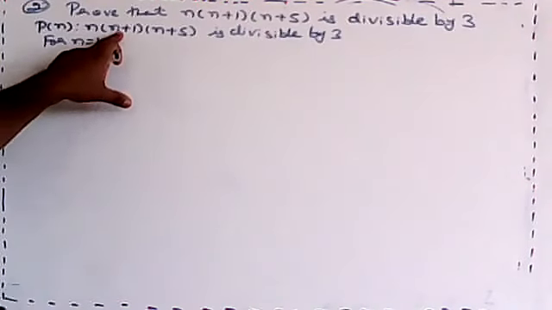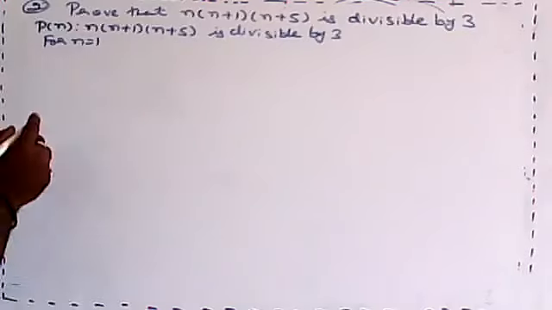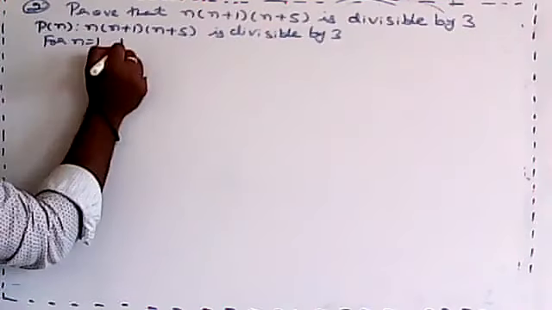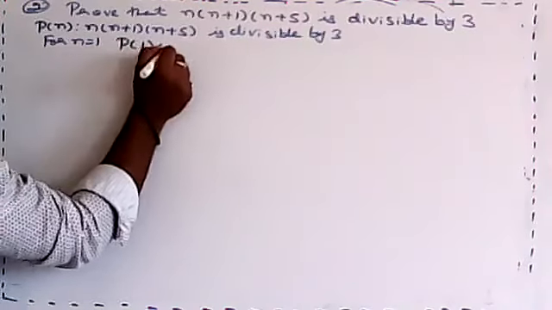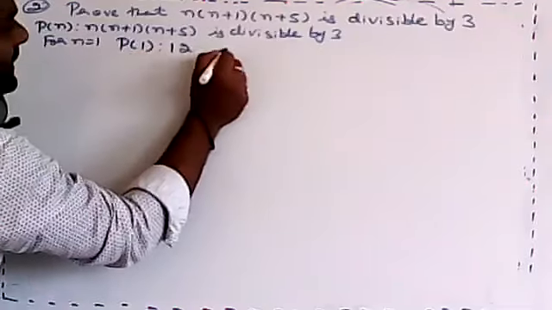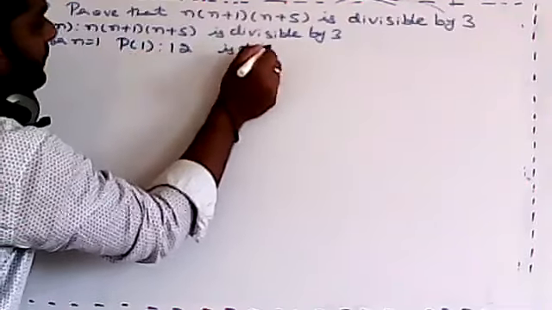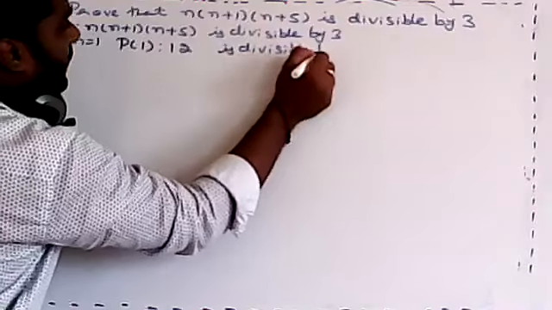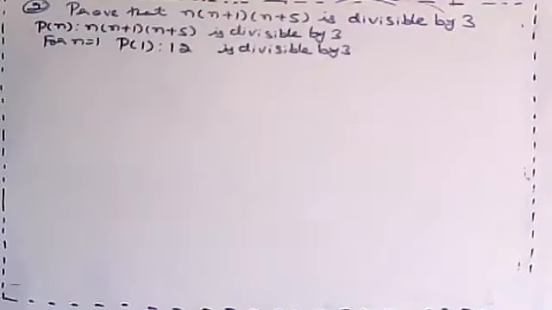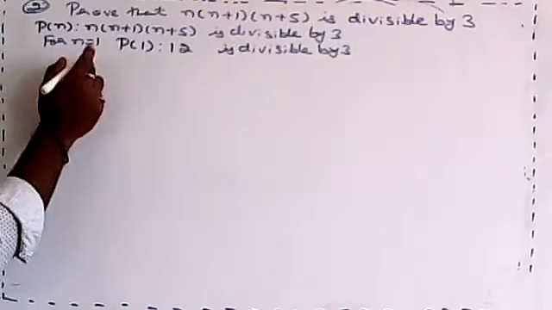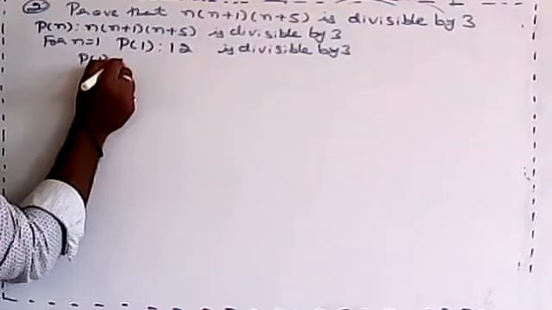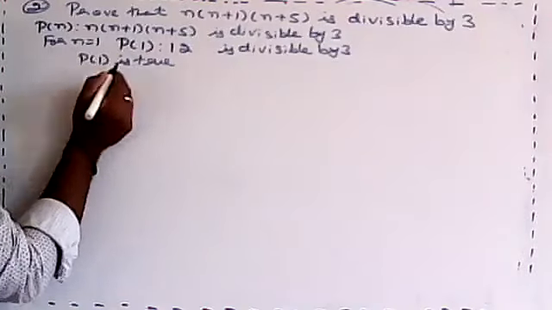First one is for what? N is equal to 1. Just check it. Yes, good. If you put n equal to 1, we'll get 12. Good. Nice. So p of 1 is 12. 12 is divisible by 3. Correct? It's true. P of 1 is true. Then you have to write here, p of 1 is true. Then you move on to the next one.